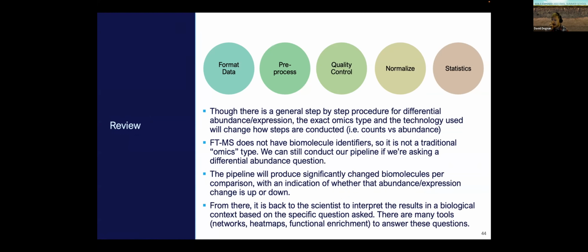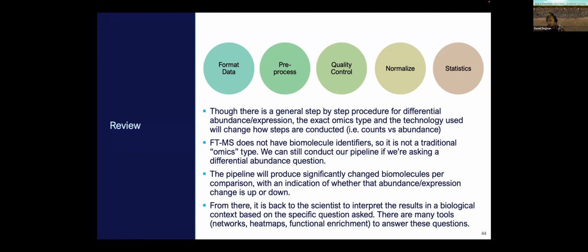So just a high level overview of the pipeline, once again, from formatting data to normalization and reviewing all the things I mentioned. Though there's a general step-by-step procedure for differential abundance and expression, the exact omics and technology used will change how each of those steps are conducted. FTMS does not have biomolecule identifiers yet. So it is not traditionally what we think of in biostats as an omics type. We can still conduct our pipeline if we're asking a question that can be answered with differential abundance,